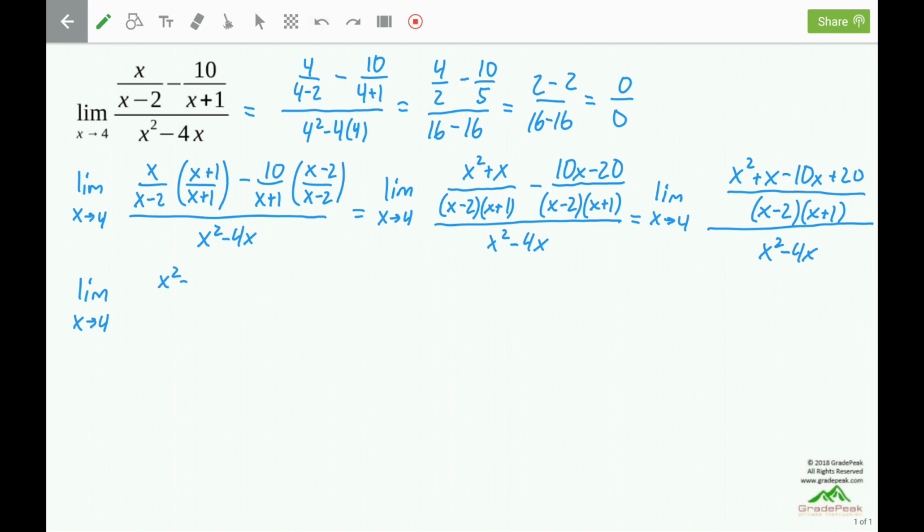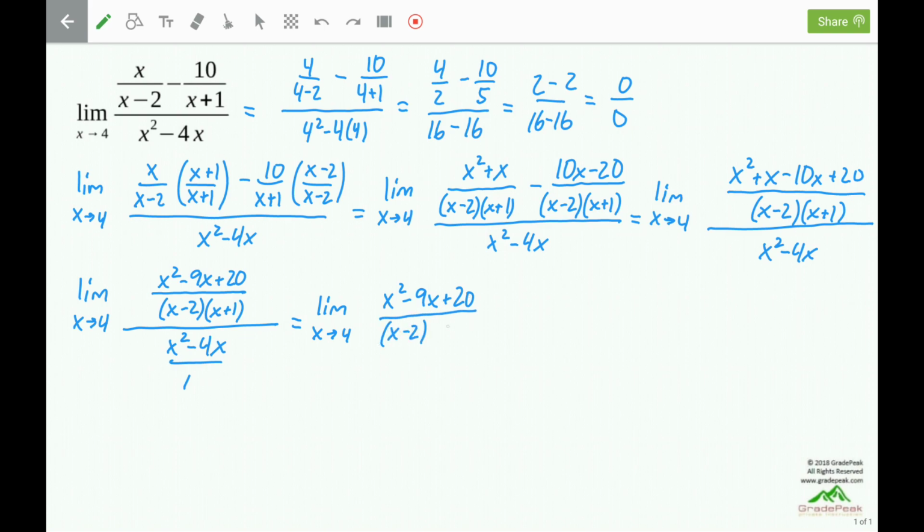That's going to give us x squared minus 9x plus 20 divided by x minus 2 and x plus 1, and that entire thing divided by x squared minus 4x, which I'm now going to put over a 1 so that we can reciprocate the denominator fraction and multiply it with the numerator fraction. Limit as x goes to 4 of x squared minus 9x plus 20